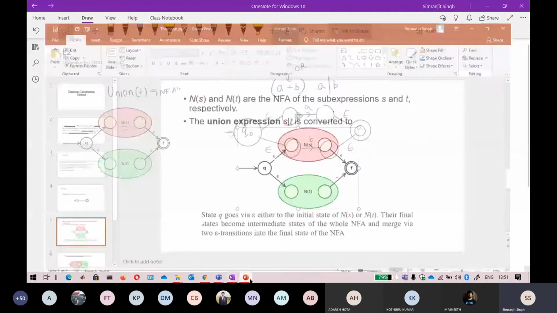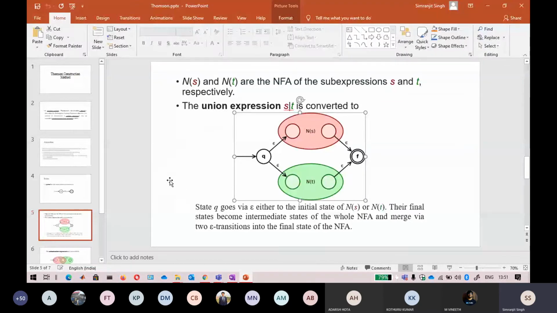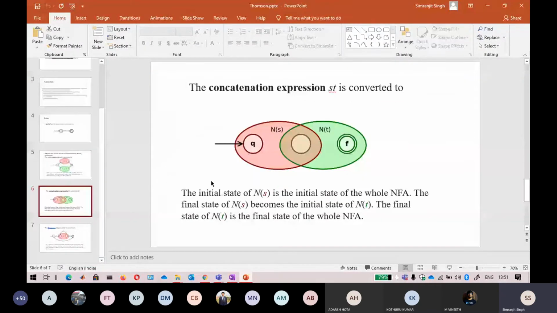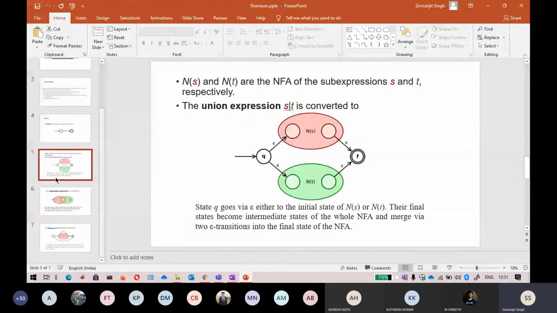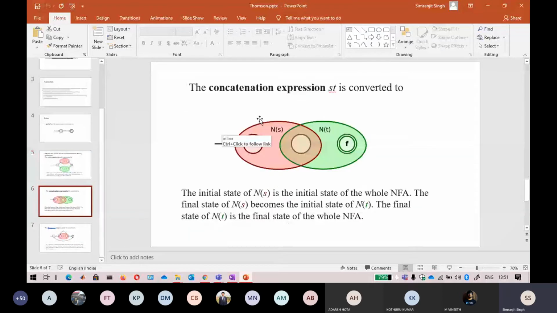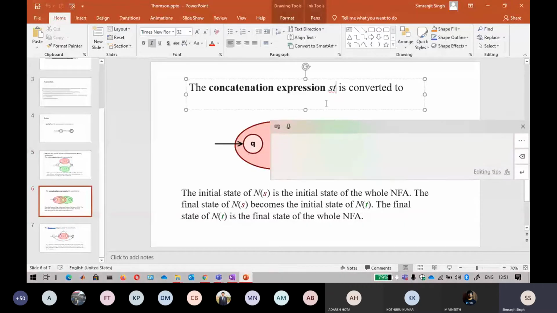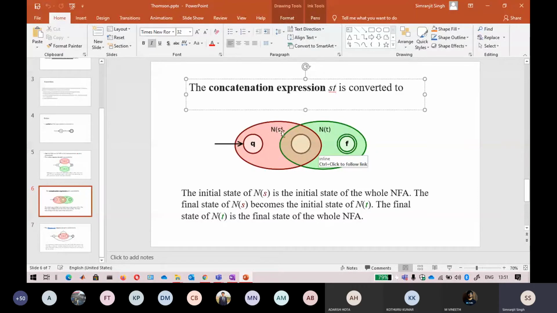Now the next symbol, sorry for that. This is your union expression, and the next one is your concatenation operator. So it is S followed by T. The NFA following S, and then the NFA following T. That is how you can arrange it.